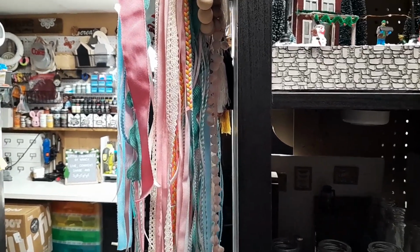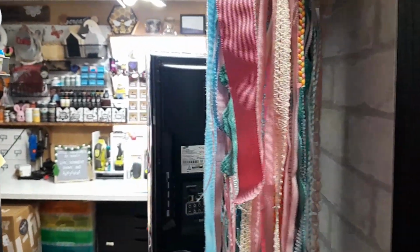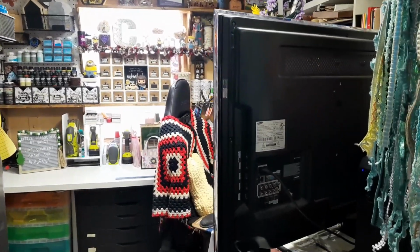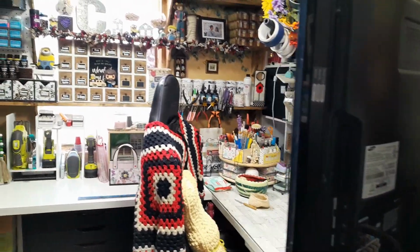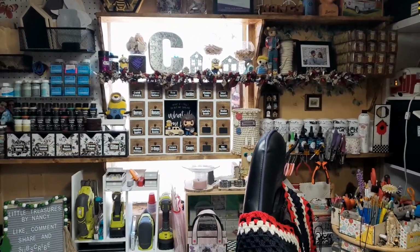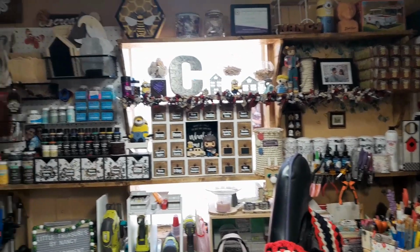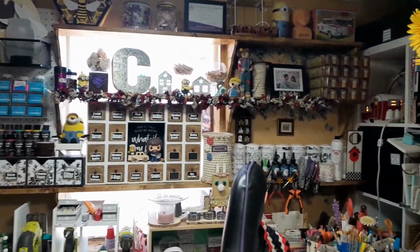I'm going to show you why I've been MIA for almost 2 weeks. Been working on a redo of my craft area, which, as you can see, is right next to my kitchen. It used to be my dining room. I have to go around the corner. We did remove a window AC that was broken, and now you can see my window. And another reason you can see my window is because right here I had that pegboard, and now I have actual